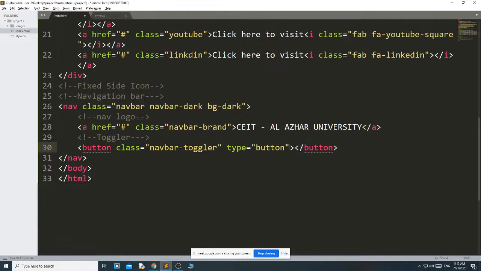Then here some extra information you must provide. First one is data toggle. Data toggle means it is collapse. Then data target: on which element it will collapse, meaning what is the target. Basically you are giving the link ID in this data target. Whatever name I write here, that should be